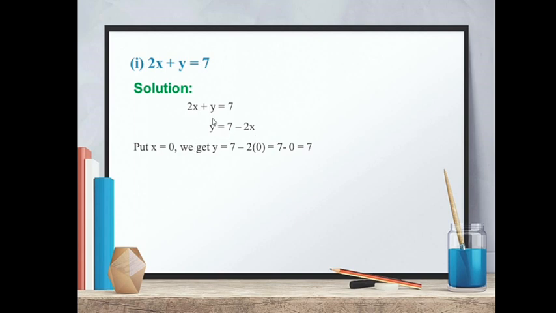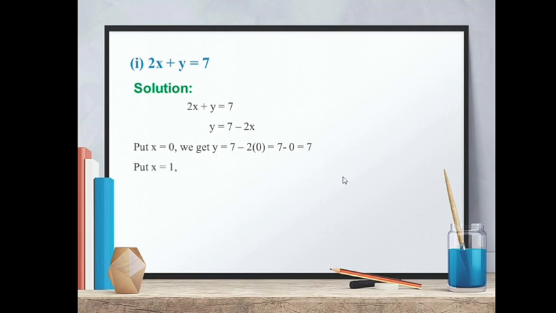So here I have written the equation in this form because I want the value of y, as I have taken x as 0. So put x equals 0, we get y equals 7 minus 2 into 0, because 2 and x are in the form of multiplication. So we multiply 0 with 2, and 2 into 0 is 0. So here we got 7 minus 0, which equals 7. So when we put the value for x as 0, we got the value for y as 7.